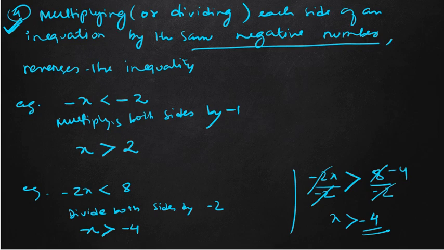Okay. So next, all of you please open page number 32. Method of solving linear equation in one variable. So how to solve a linear equation in one variable? For that, you can see the first point: simplify both sides by removing group symbols and collecting like terms. Generally, we need to collect the like terms.